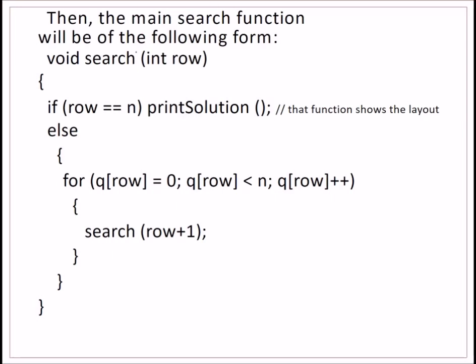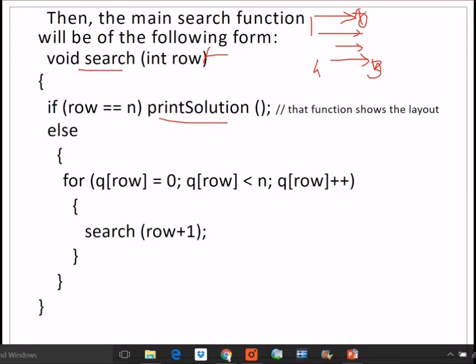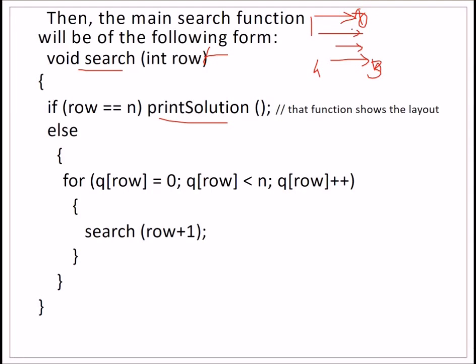The main function will be seen like this. A search, we'll name it as search. We'll pass a row. We know there are 4 rows. Then if row equal to n, print solution, means if we start with 1 and we end up at the nth row, means there are 4 rows, so if we end up at the third row, if we start with 0, at third row, and if we start with 1, fourth row. Because we are dealing with arrays, that is why I just kept this as 0. Then when we are done with all the 4 rows, we print the solution. So this is the print solution. We have to write this also.